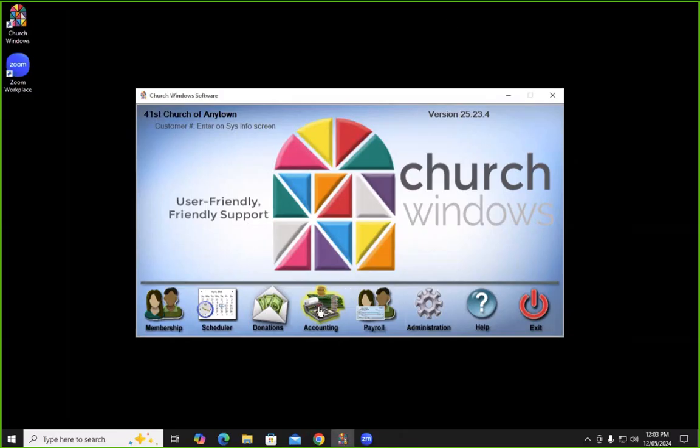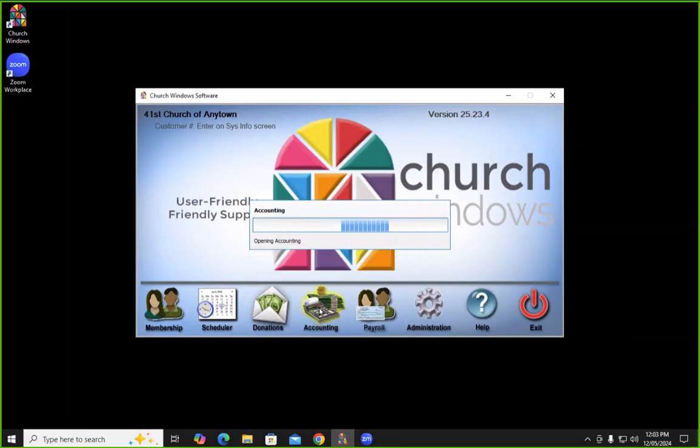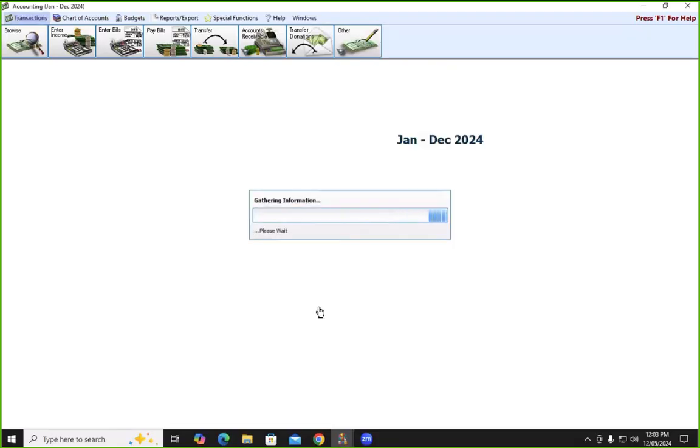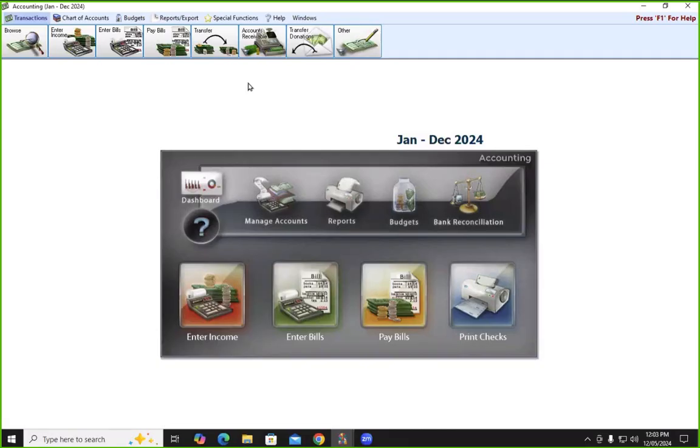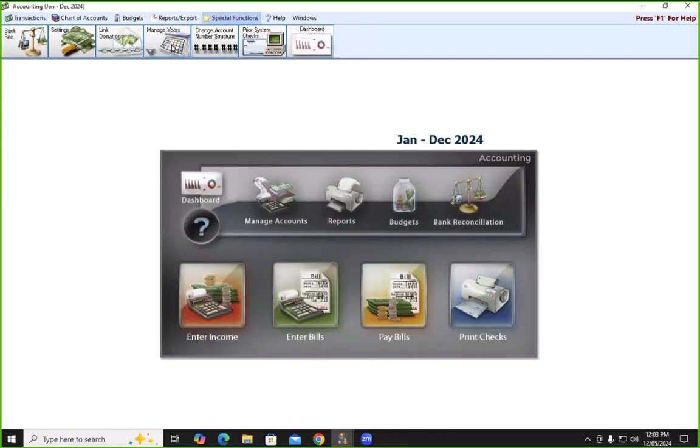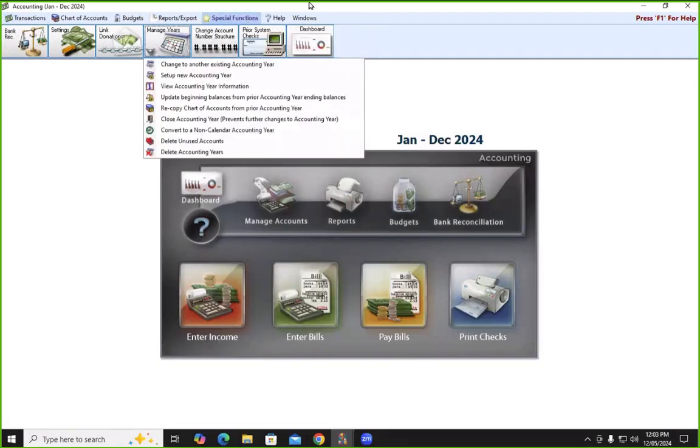All right, let's dive into our topic here. So let's go into accounting. And essentially what we're looking at here today is under special functions at the top and this manage years list right up here. All right, we're going to go through and spend a little time on each one of these